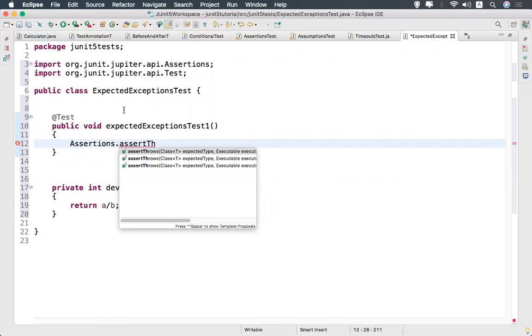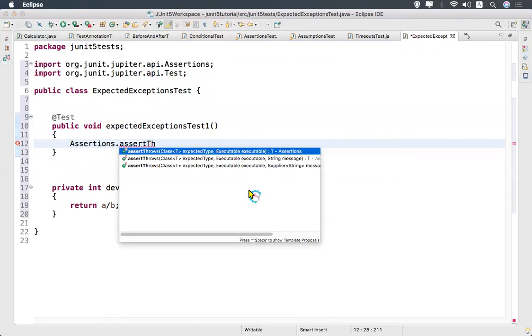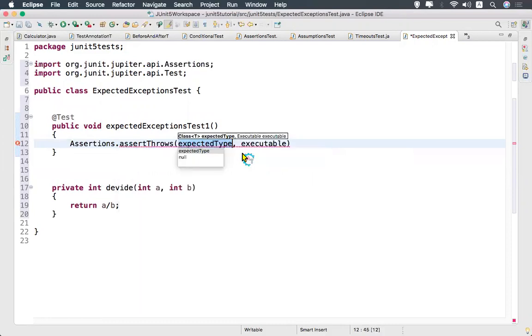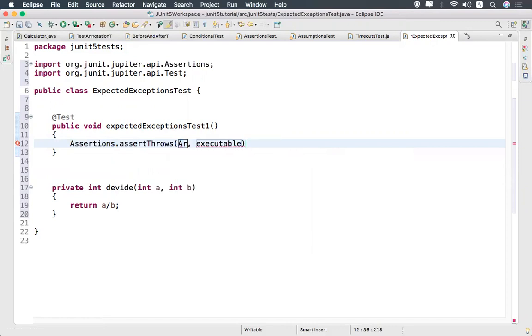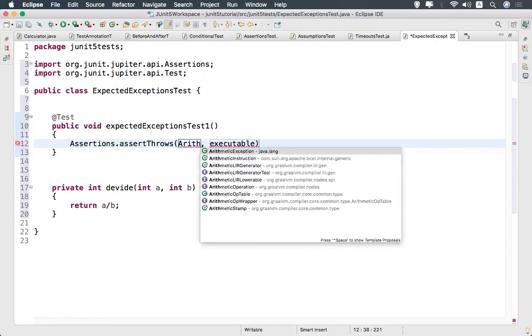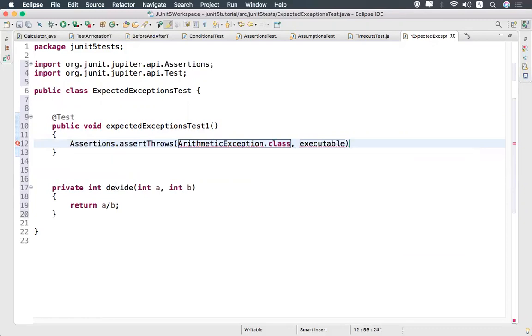The first argument is the expected type class and the second one is the executable. I am expecting that when executing this, one ArithmeticException will come. So ArithmeticException.class, and the executable will be a lambda expression.